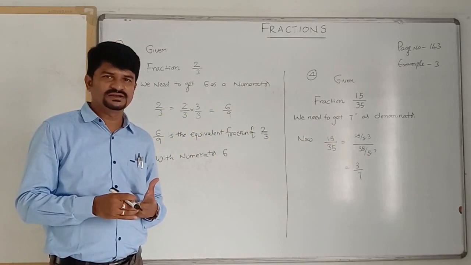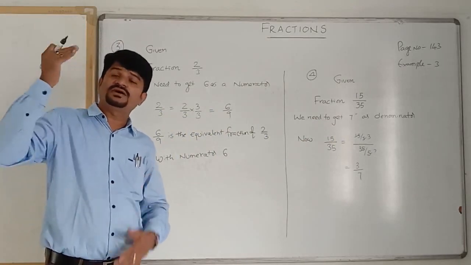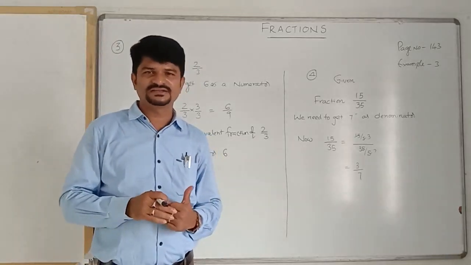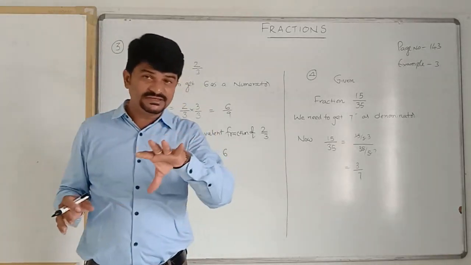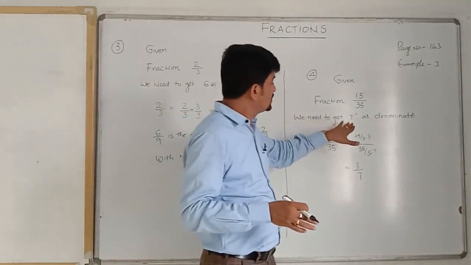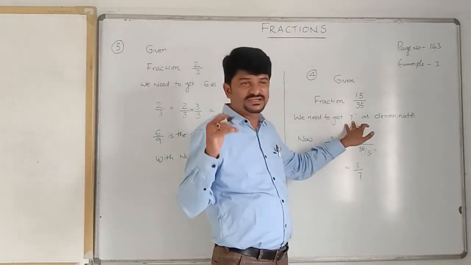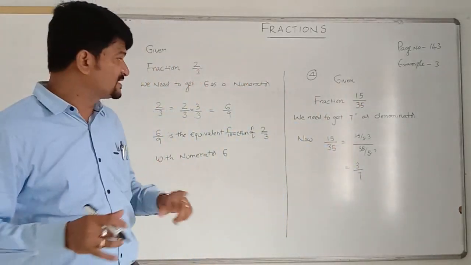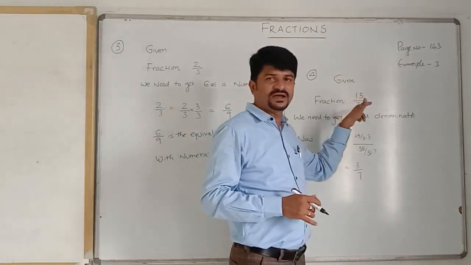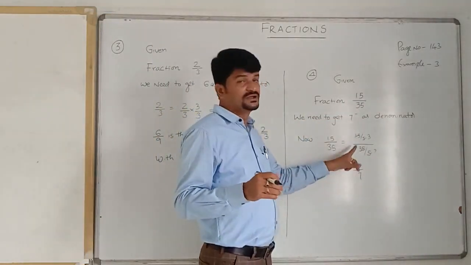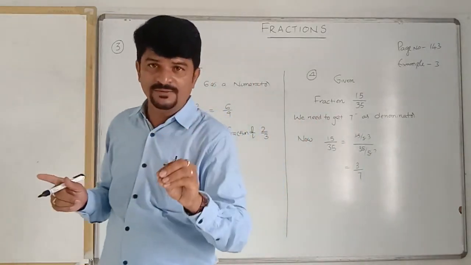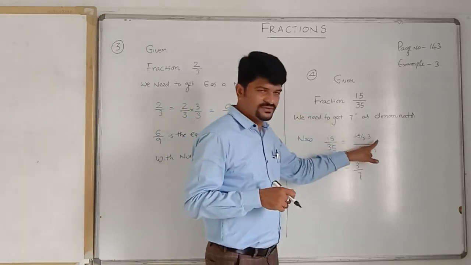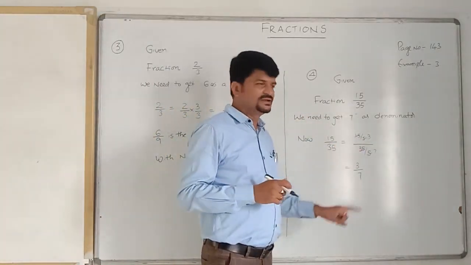Okay, children? Later on, while moving on in the classes, you can get more simple techniques. But here, the concept is, the required denominator is less than the given denominator, so there must be division. To get 7, by what number shall we divide 35? With 5. So 5 sevens. Whenever 35 is divided with 5, obviously the numerator also should be divided with 5. Therefore 3 by 7.